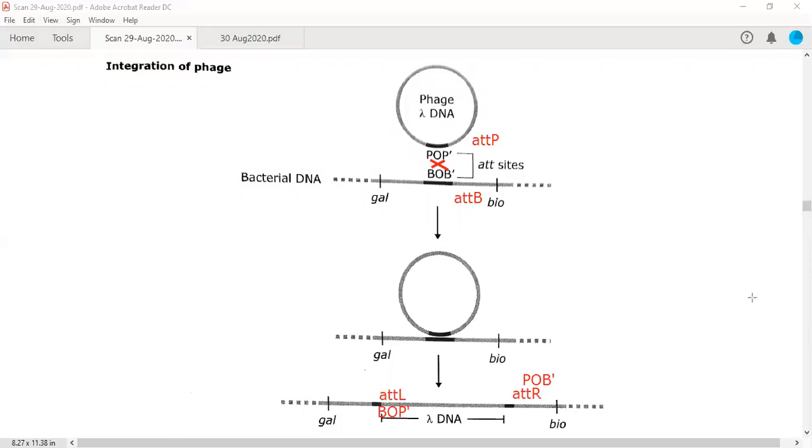And one more question which can be asked from here, and you need to remember this: the integrase which is used by the lambda phage is tyrosine recombinase. Tyrosine, you know, the amino acid, tyrosine recombinase. This has been asked actually. So the integrase which is integrating this particular phage DNA inside the bacterial chromosome is a tyrosine recombinase.